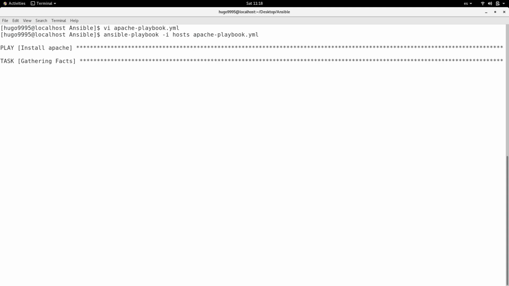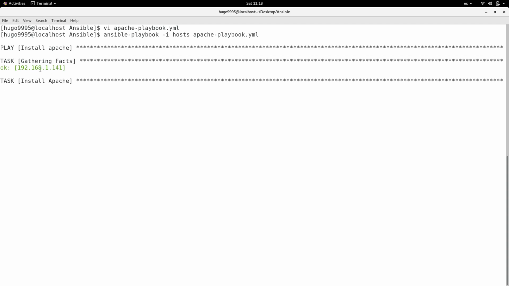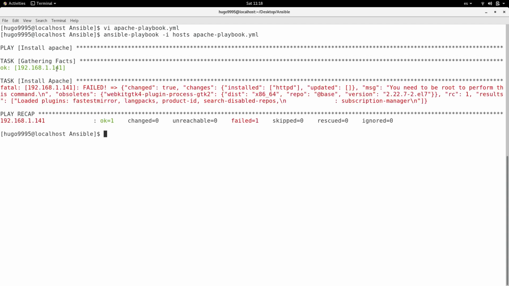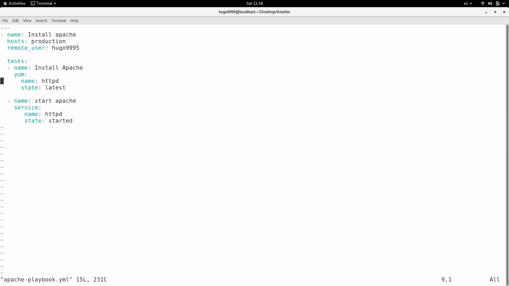Okay. This time the gathering part is okay because the user can connect to the remote server without a password. And then I have this problem installing Apache in the remote server. It says that you need to be root to perform this command, but how can I be root if I can't specify the root user as I did before? So I need to go to the playbook and use this